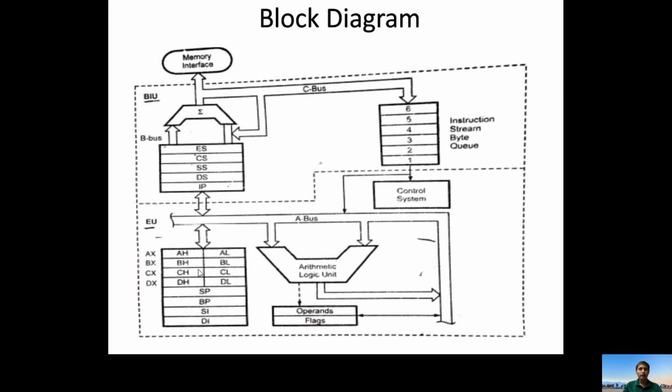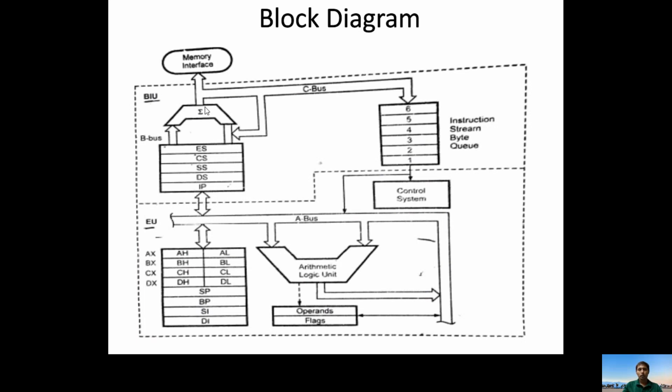Similarly, if it is only a data transfer operation, data may be read from memory and stored in a register, or data may be sent from a register to memory. In those cases, we use registers. Finally, after execution, we have the result. That result moves again to the BIU, then to external memory via the segment registers and adder.